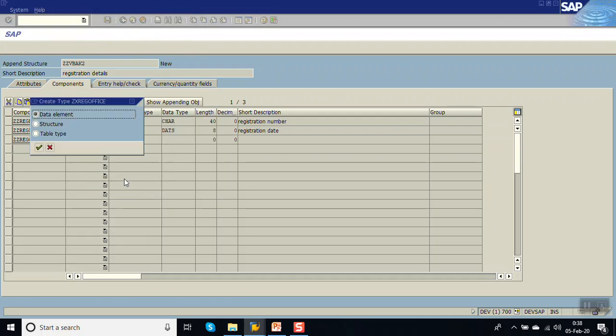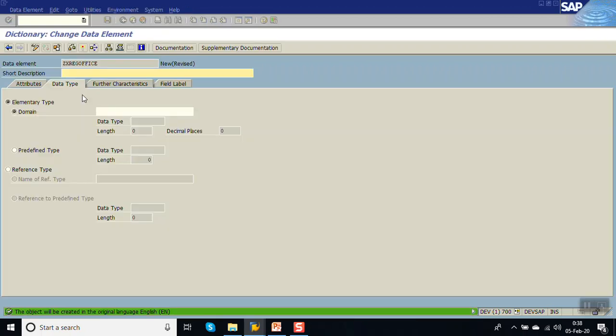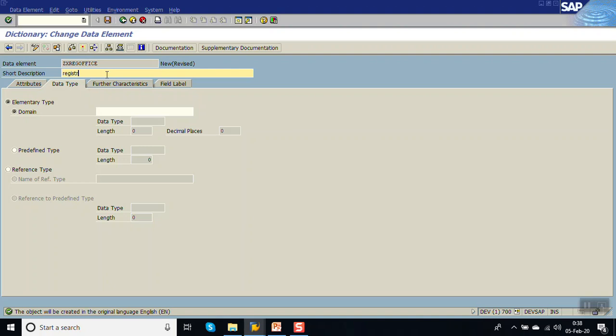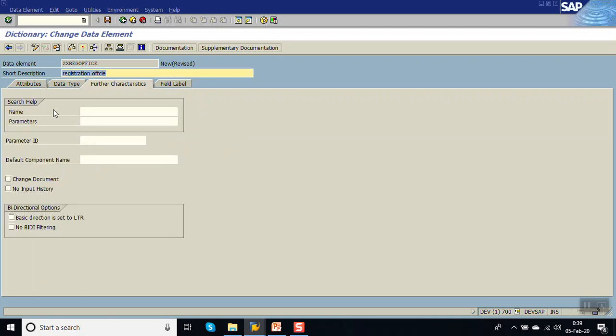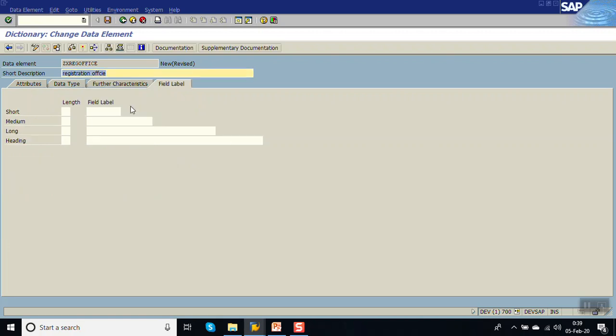Double click here, give the label as registration office. We'll use the predefined type as CHAR 40 again. Go to further characteristics, change document, give the field label,